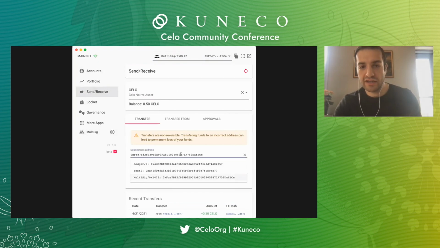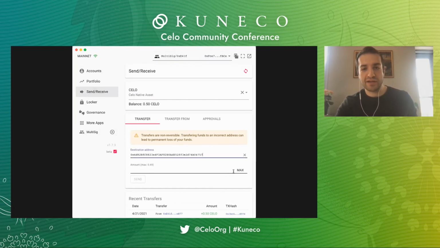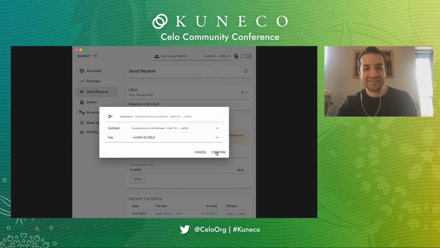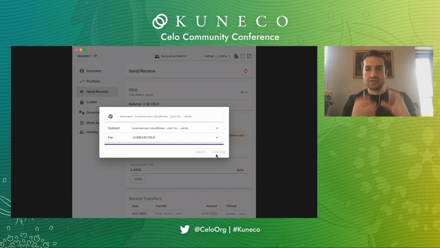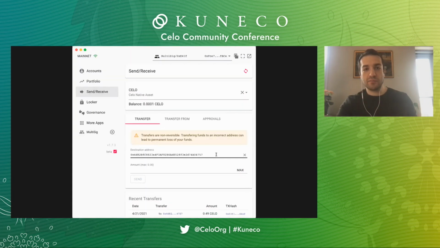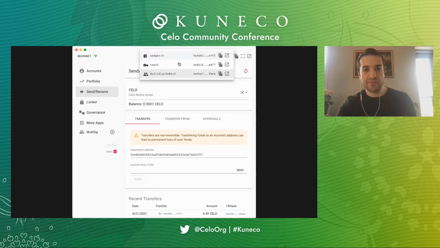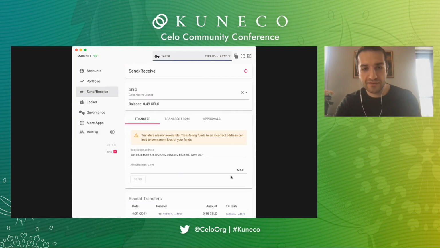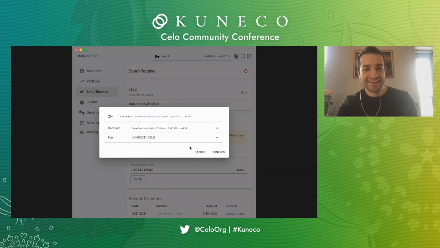Now, since we're nearing the end of the demo, I'm just going to send everything back. Celo's price is going up by a lot, so I don't really want to waste my half a Celo here. The cool thing is it's automatically translating the transactions to send it as the multisig. It's sent back. Now I'll also clean up the other account too. I can't leave this half a Celo lying around here. And confirm this too.